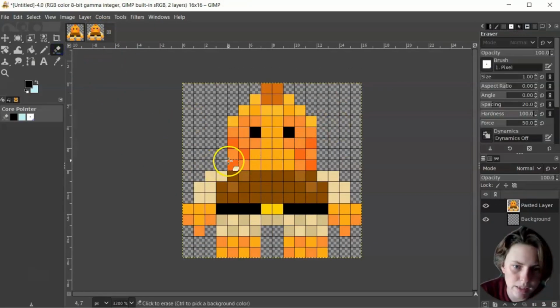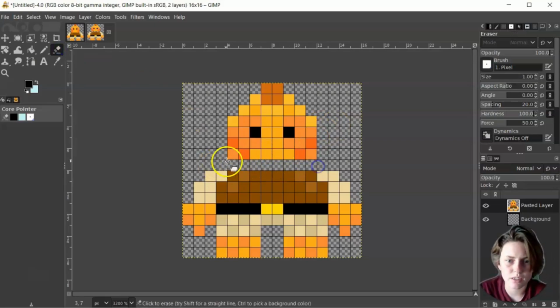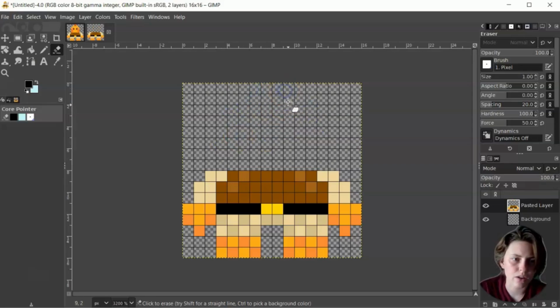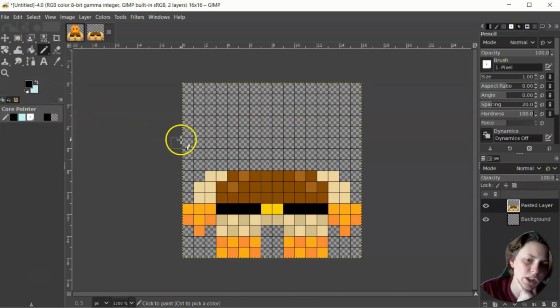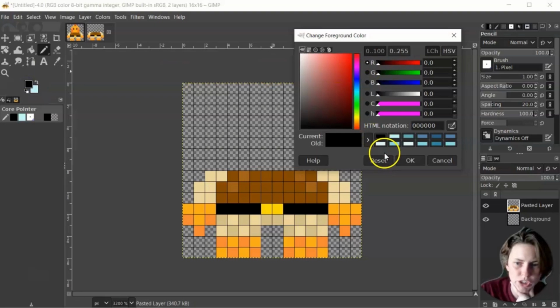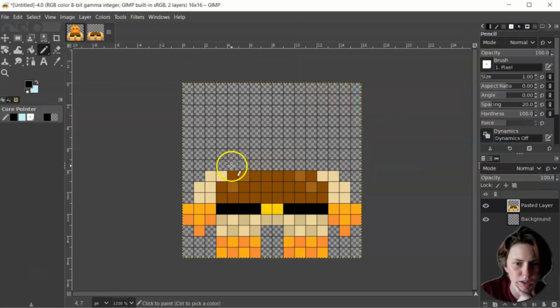Keep the body the same and just erase the head to have a little different of a character. I'm thinking about making a hammerhead shark, so I doodled it a little bit, but I'm going to start with black so I can get an outline of what I want